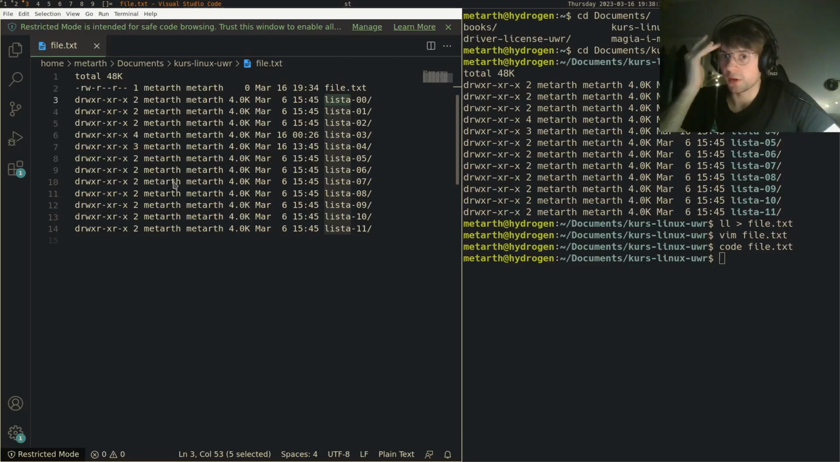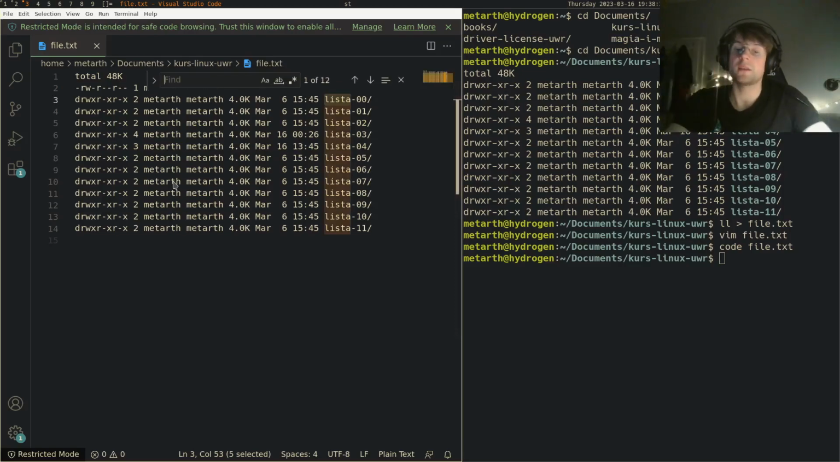optimal solution is to select some text, press F2, or maybe it wasn't F2, Control F to search. Now I can write the string it has to look for. It's lista. And what can I do now? I can actually use regex here by pressing this button,